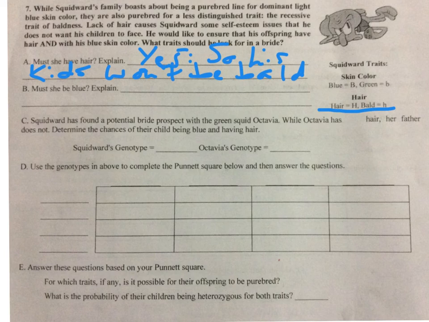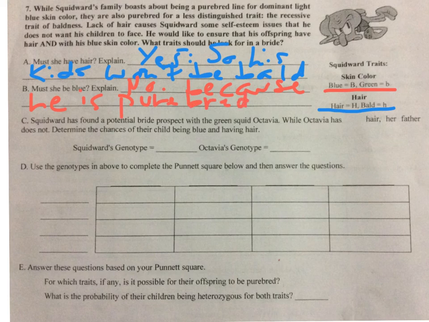Okay, so I look at my other trait. Being blue is dominant. So does she have to be blue? Well, no, because he is purebred BB. So if she's green, it's not going to matter because of how their gametes are going to combine, how their genotypes are. Okay, so he's found a potential bride, beautiful green squid